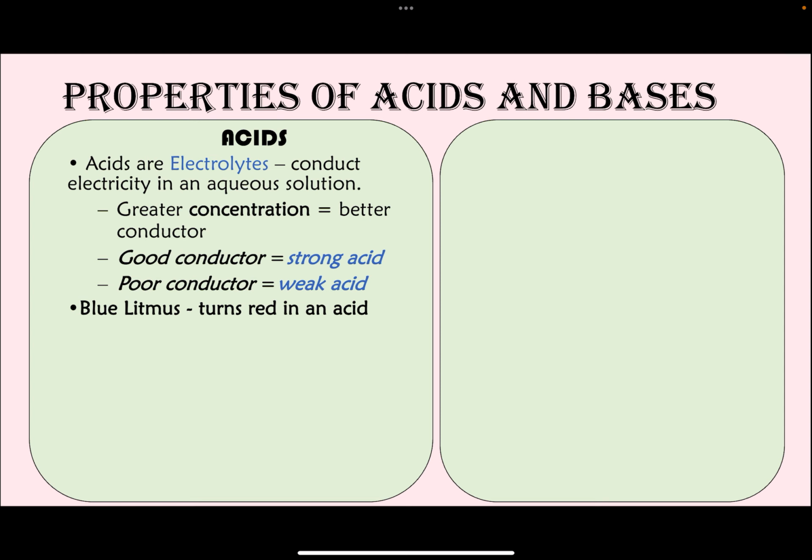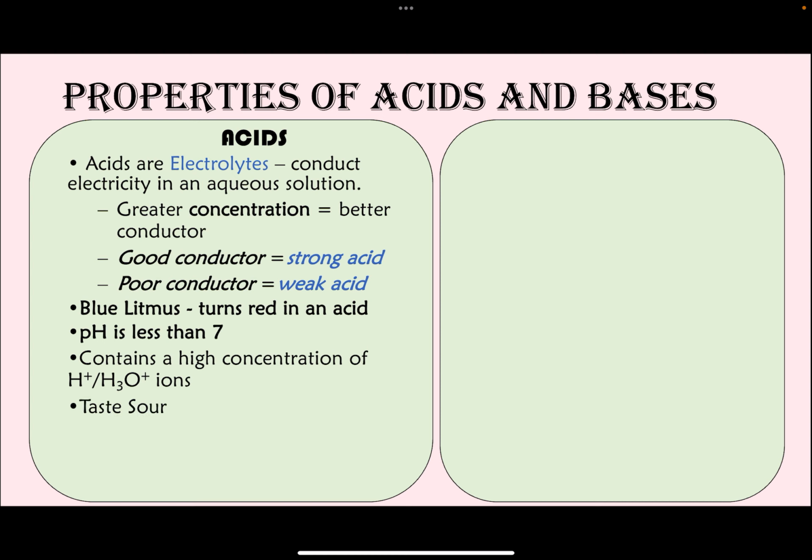Another property of an acid is that it turns blue litmus red, and the pH of all acids is less than 7. The reason is that they have a very high concentration of hydrogen or hydronium ions. So pH depends on the concentration of the hydronium ions. The lower the concentration of hydronium ions, the greater the pH, and the higher the concentration of hydronium ions, the lower the pH. And acids taste sour, and they are corrosive, which is why we can use them to clean